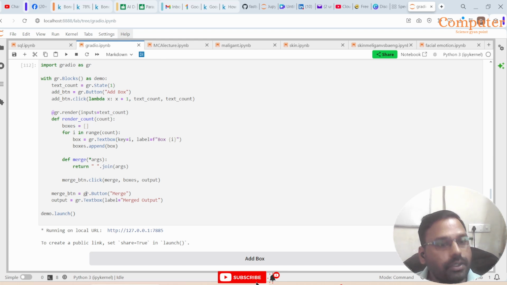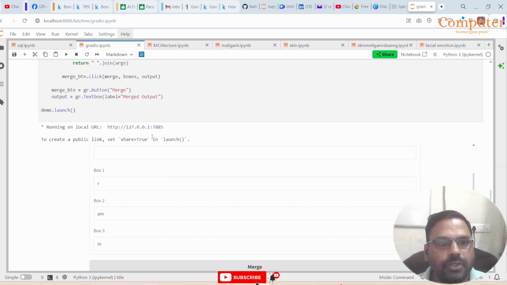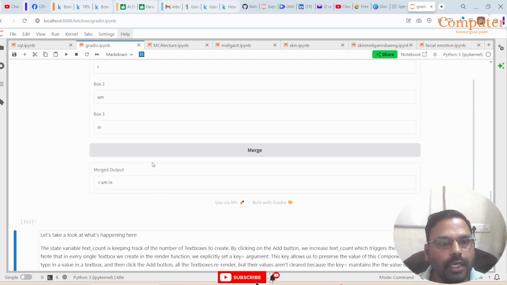Merge button is equal to gr.Button merge, and the button is shown, the merge button is shown, and output is text, output will be shown in the merge output. When you run it, it will show the output. Okay, next,